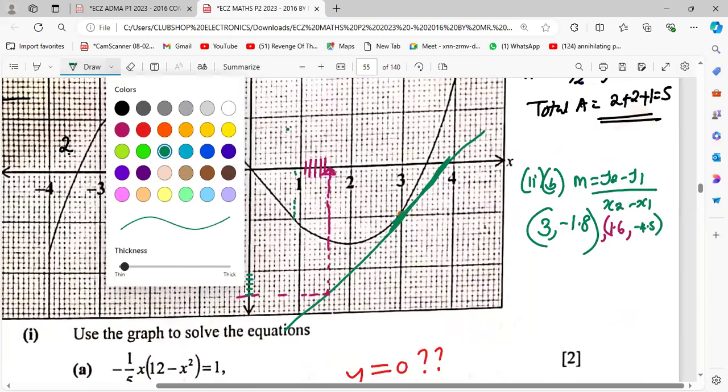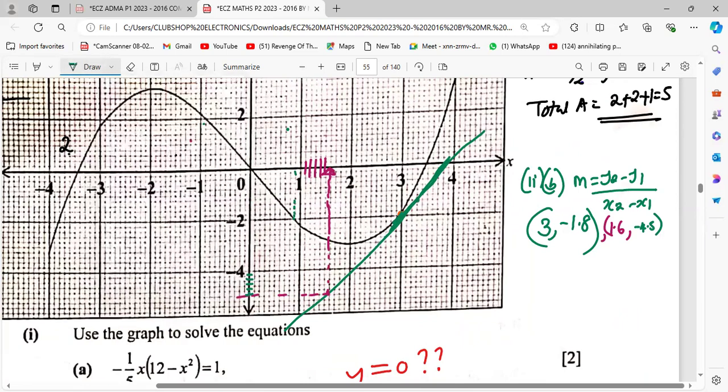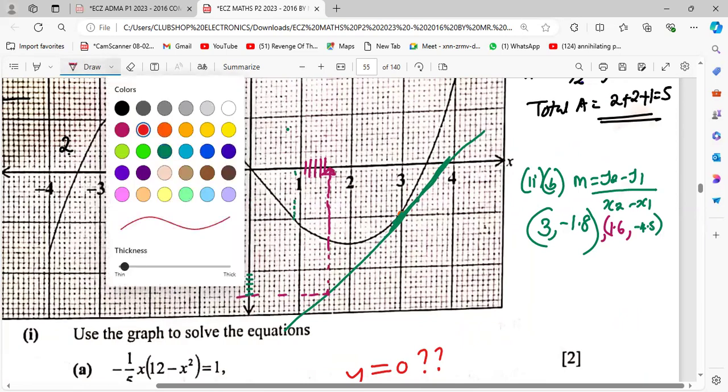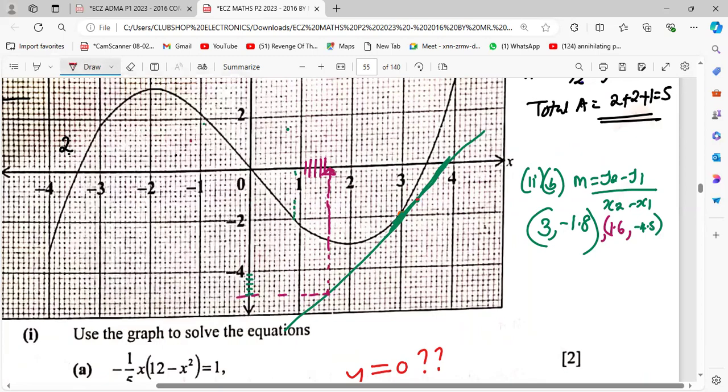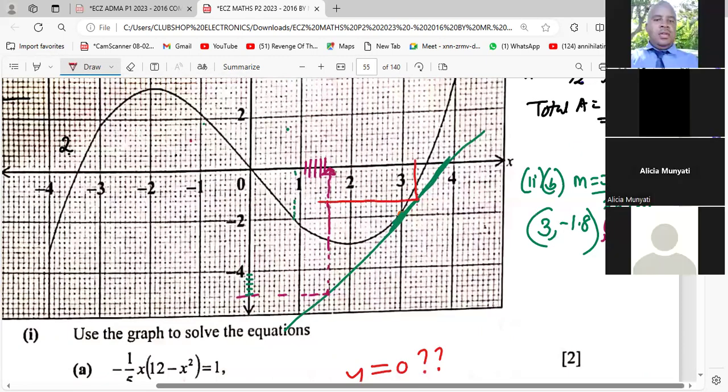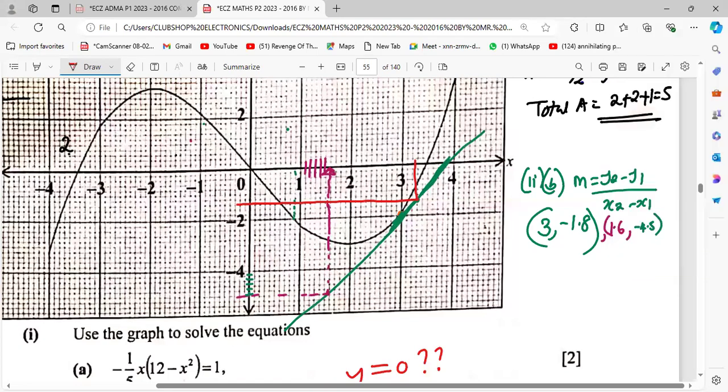Maybe you would have picked on this point. The only thing that you needed to do was to find the value of x here and the value of y. You can pick from any other point. Is that okay? Yes, sir. Okay. Then you can say this is point number 1 and this